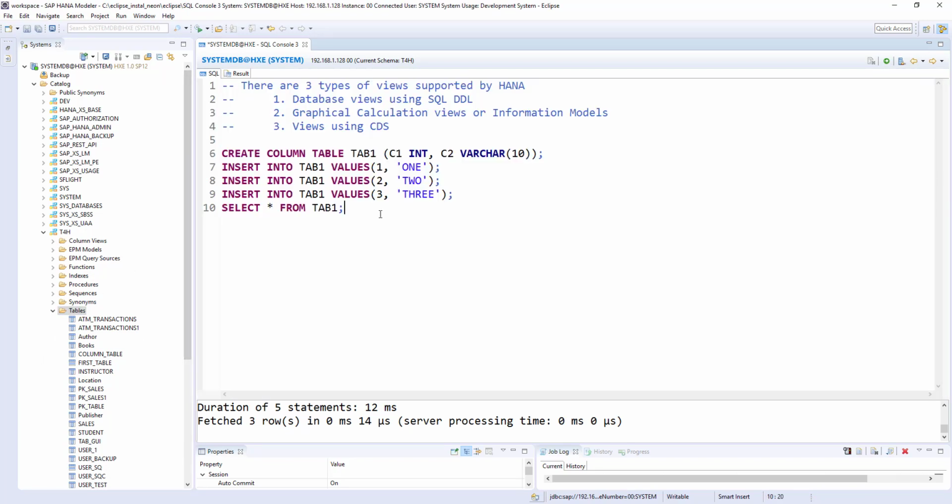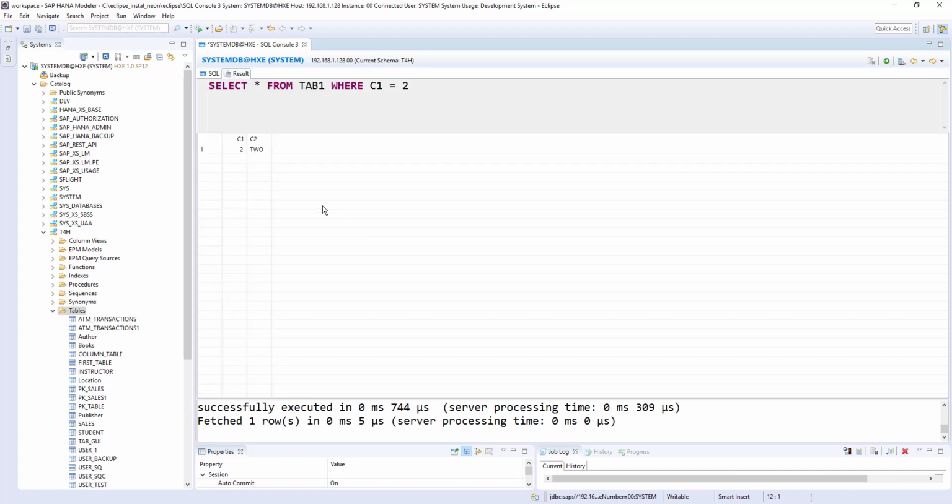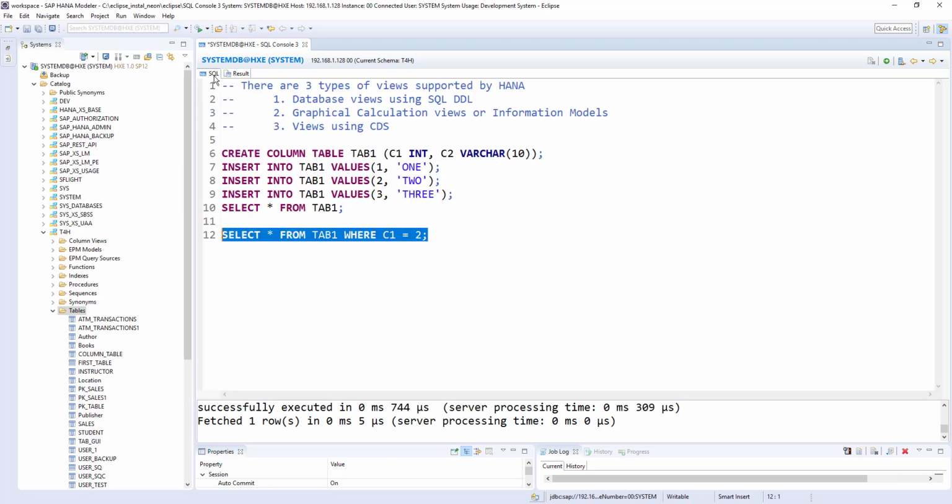Now my first requirement: let's see one select statement to understand this view. I have the select statement, select star from tab 1 where C1 is equal to 2. This is my requirement. When the user wants to run the select statement every time, they need to mention select star from tab 1 where C1 is equal to 2.